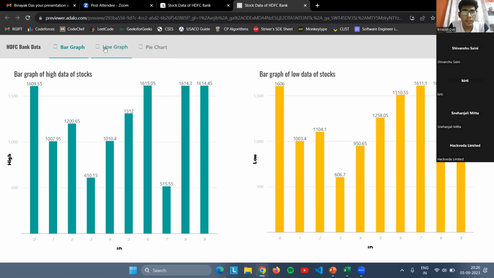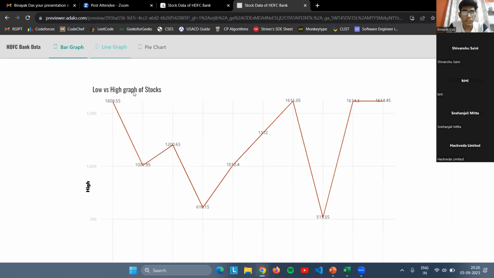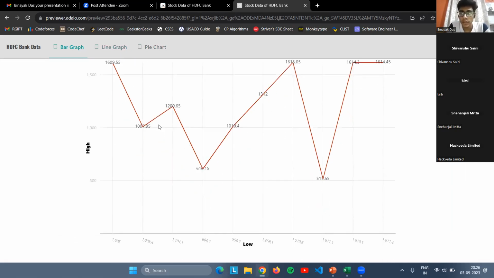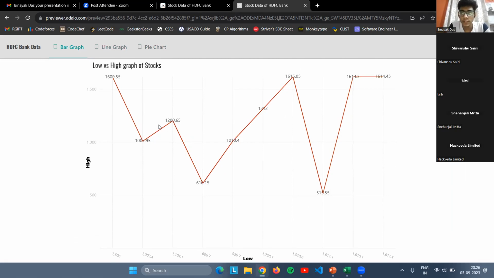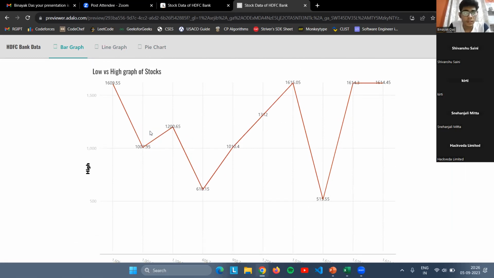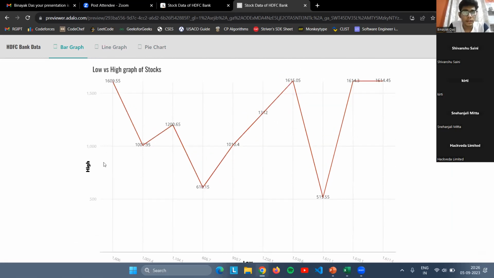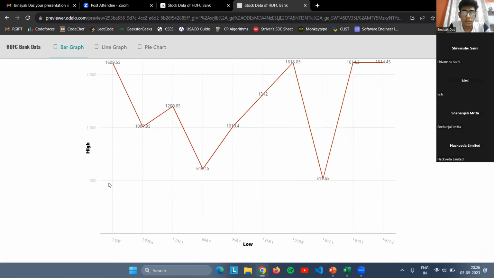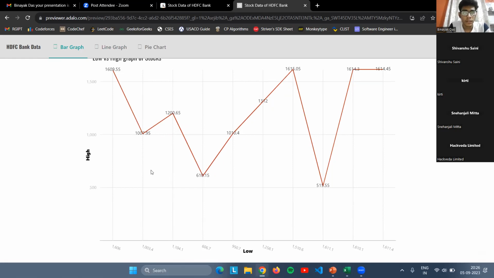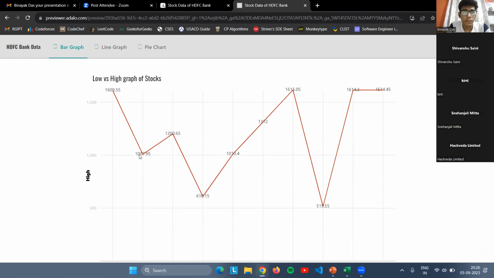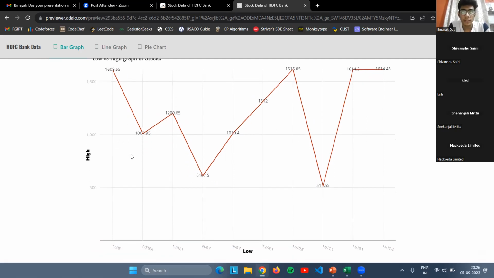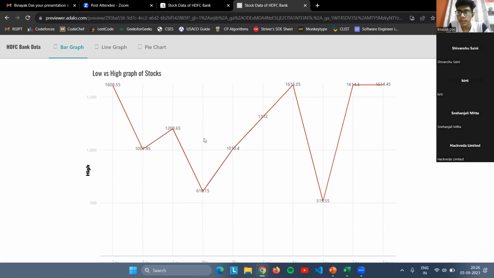And if we see the line graph, this is the line graph of high versus low data, which was asked in the task. So on the x-axis we have the high data, and on the y-axis we have low data. So with respect to, let's say, the point 1003.4 on the x-axis, we have the point 1000.7.95 on the y-axis. In the same way, all the data are implemented